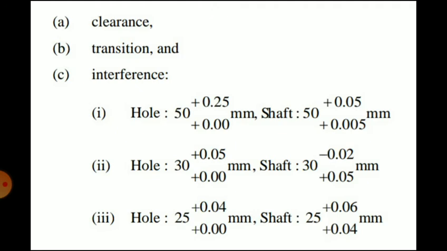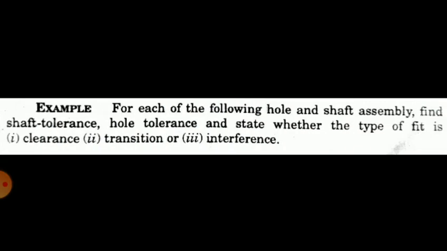Case 1: hole and shaft size are given, the basic size is 50, and the upper and lower limits for the hole and shaft are given. Case 2: the basic size is 30, and the upper and lower limits for the hole and shaft are given. Case 3: for a 25 mm basic size of hole and shaft, the limits are given. We have to find out the type of fit